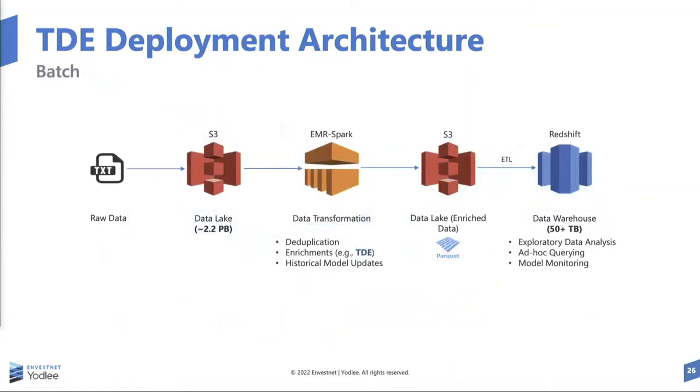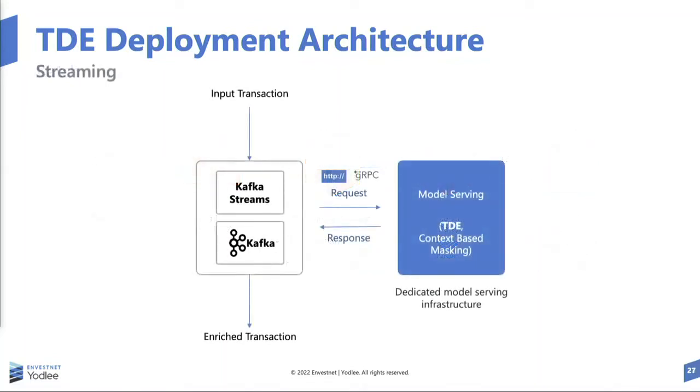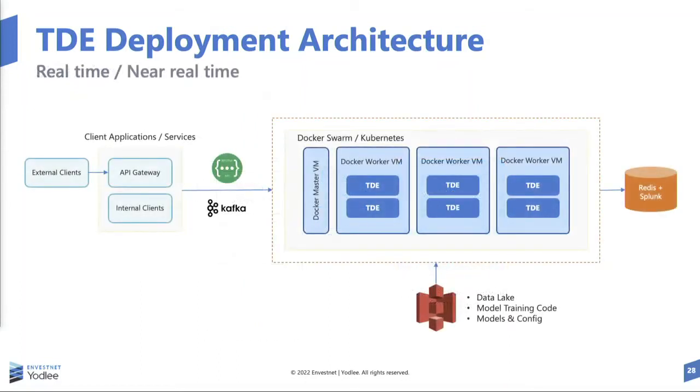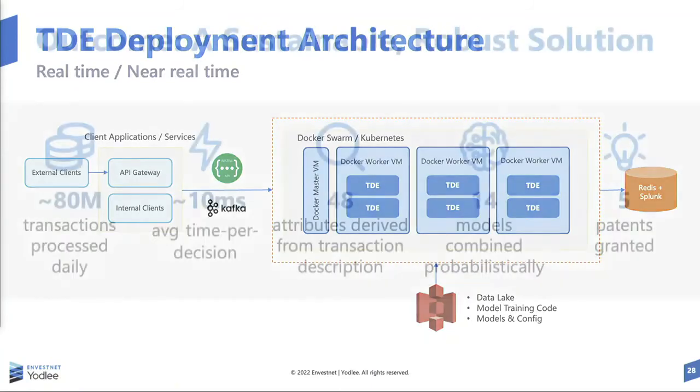In the first one, the batch case, we use Spark processing for efficiency, for the massive amount of batch data that we go through. Spark is the one which helps us out there. Streaming is also a very important use case, right? In some of the applications we have built and monetized, streaming is a requirement, so you use microservices written in Kafka streams. You use gRPC to deploy that for efficiency. And the last and the most common one is the classical real-time deployment through APIs. You make an API call, you get the results back, right? So this is a quick overview of what we call the deployment topology.